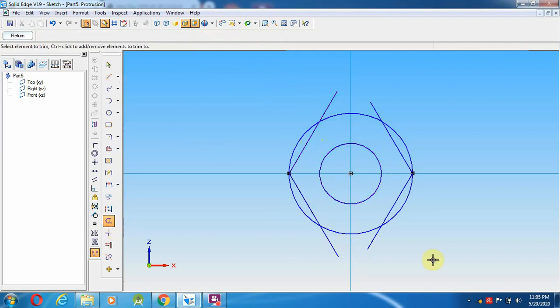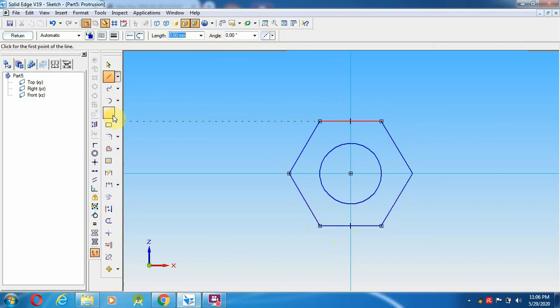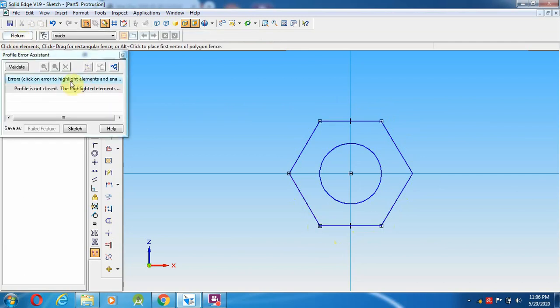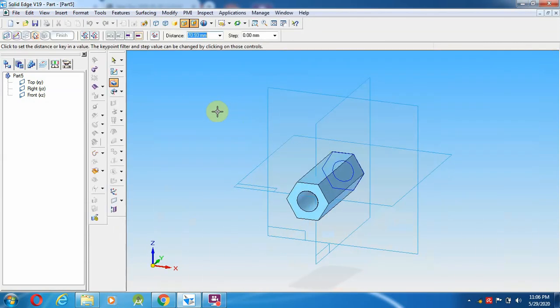Then select the trim option, trim over here, then delete, select a line from here to here as well as from here to this, then return. Select a line joining the end point from here to here, then give return.